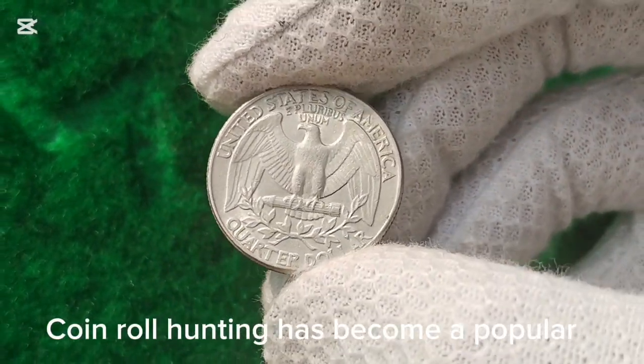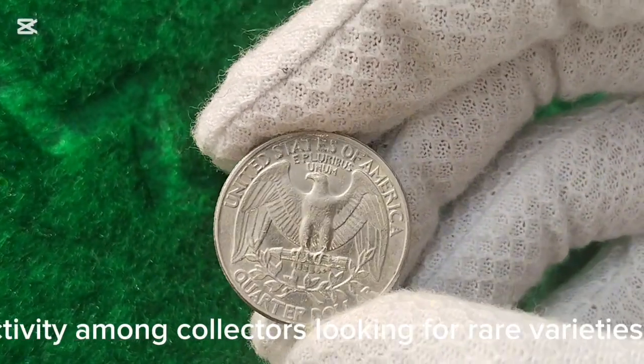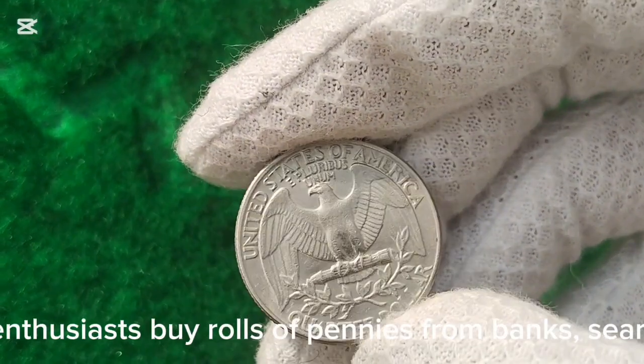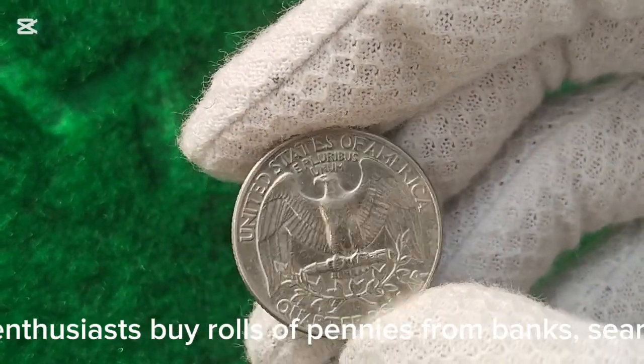Coin roll hunting has become a popular activity among collectors looking for rare varieties. Some enthusiasts buy rolls of pennies from banks, searching